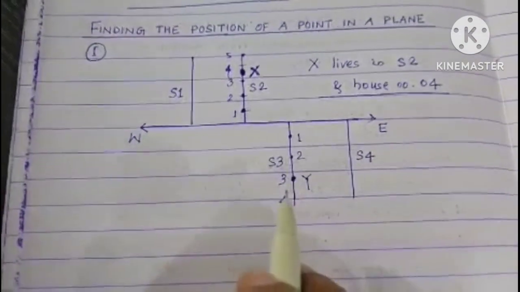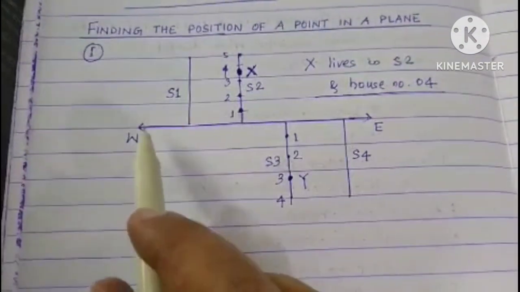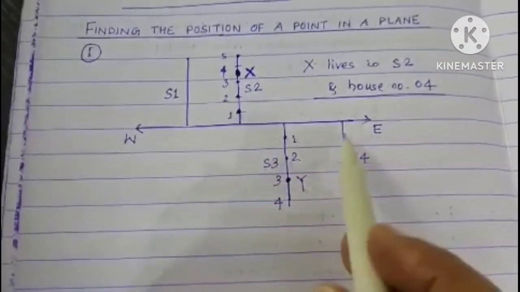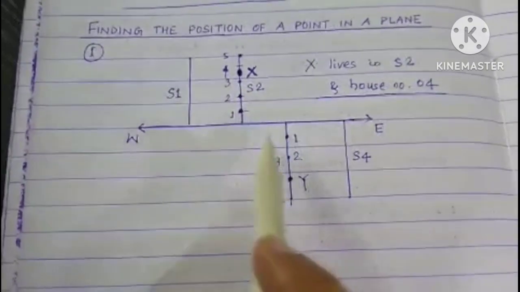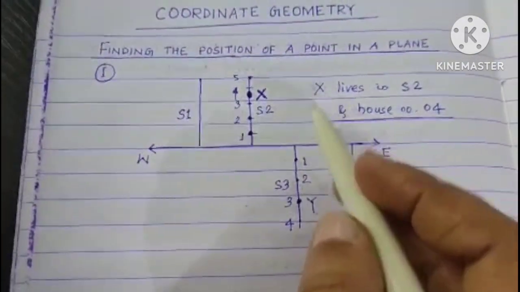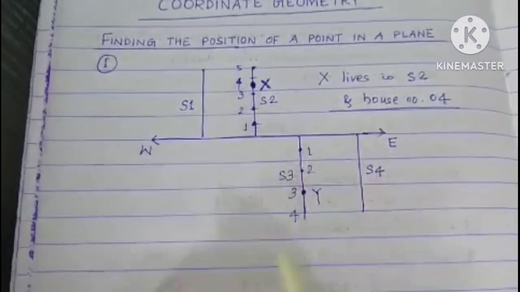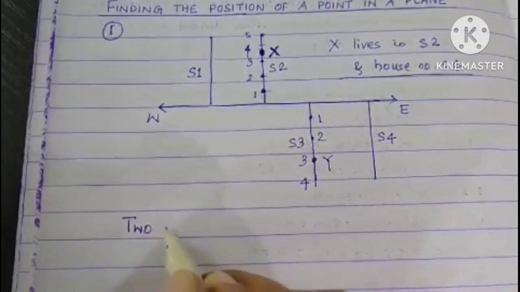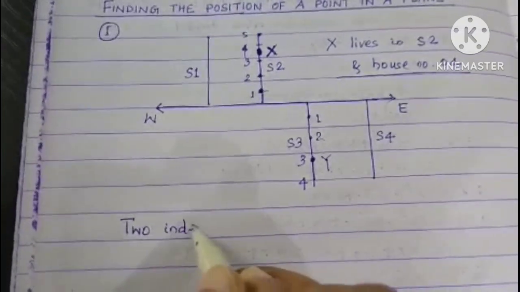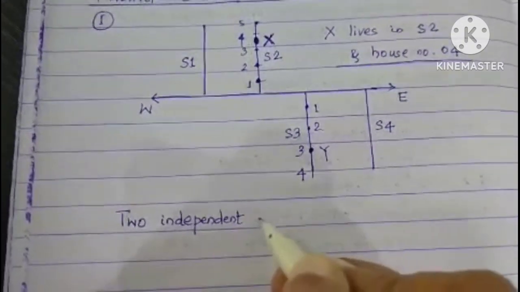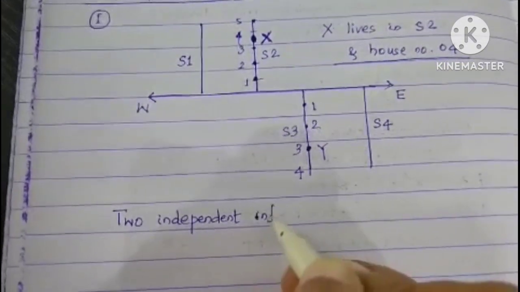Let us suppose this is a plane, or any area you can consider a plane in which this is the direction east and west, and the streets are located like this. So you have seen that two references are required. Basically you require two independent pieces of information to locate the exact position. So two independent pieces of information are required